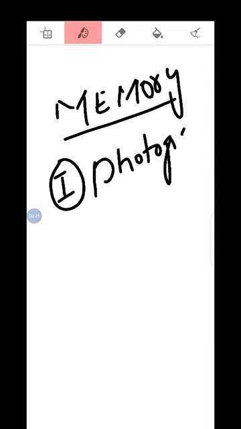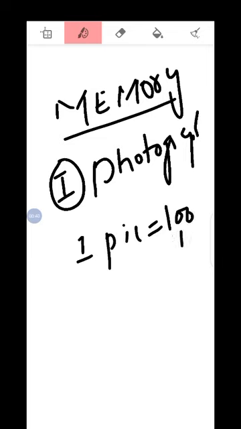As there is a famous saying, a picture means a lot. If you remember one picture, it means you remember 100 to 1000 MCQs. You convert the words into a picture, and if you retain that picture, you retain a lot of MCQs. I'm giving you an example. For example, there is an MCQ: